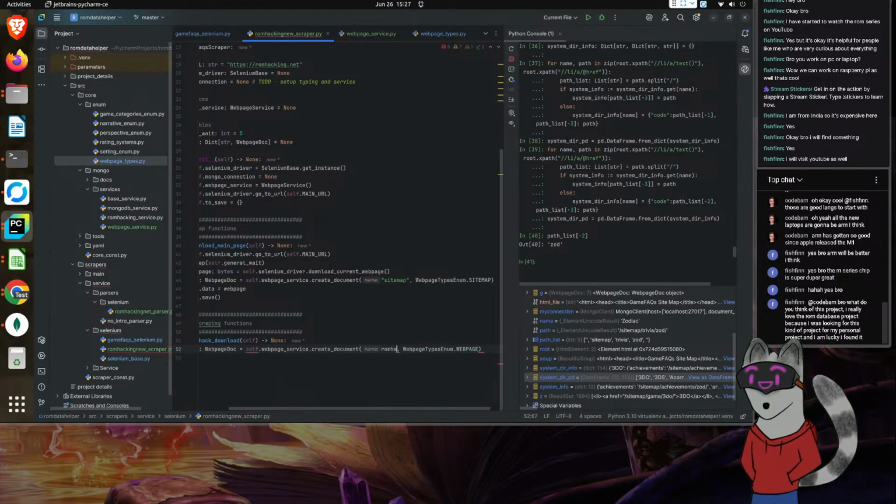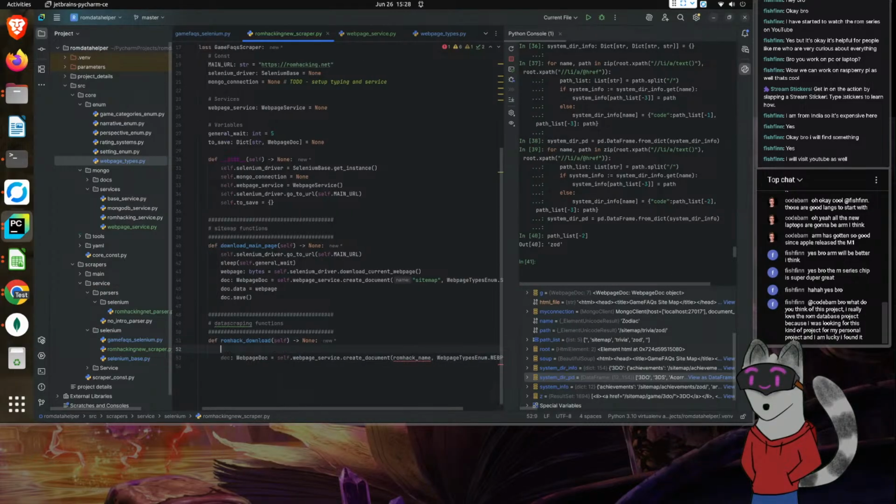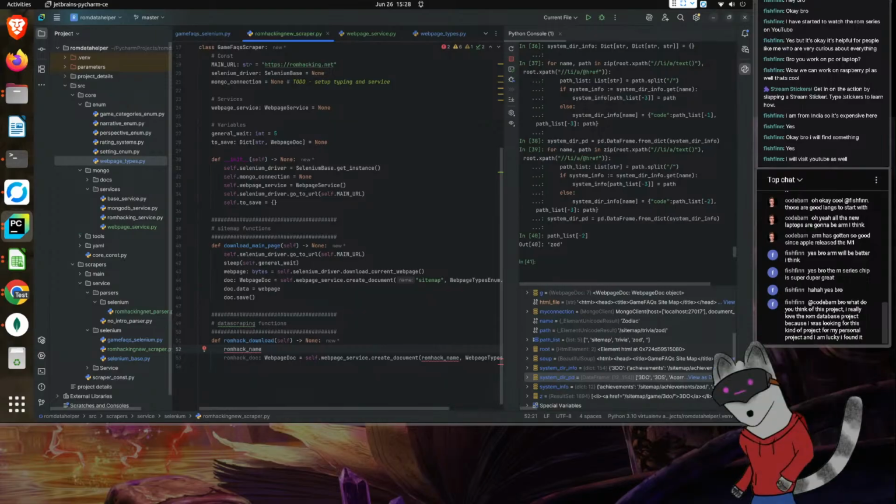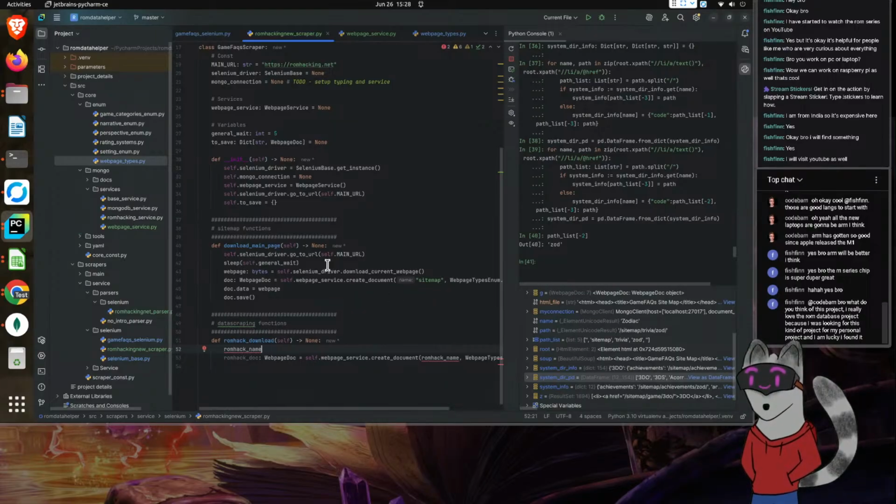So ROM hack name. We'll call this ROM hack doc. Let's see here. Oh, actually thinking about it, I think that's one element that we did not add in yet. So we'll add that in a second. We'll call this LLOT for now.